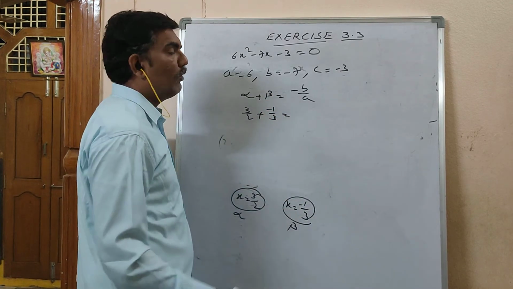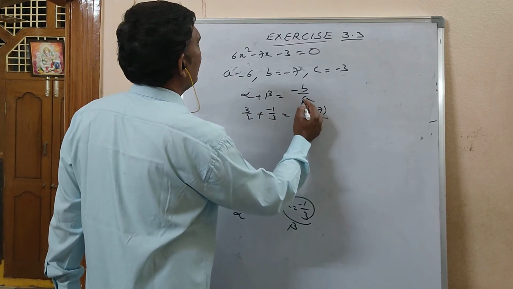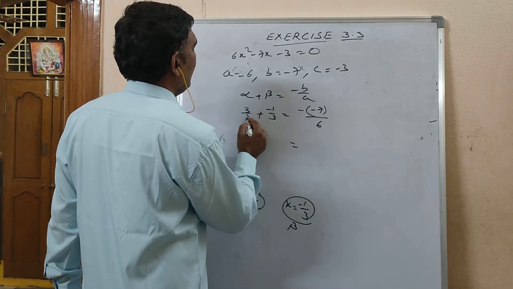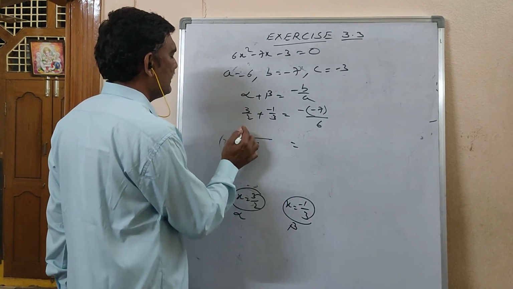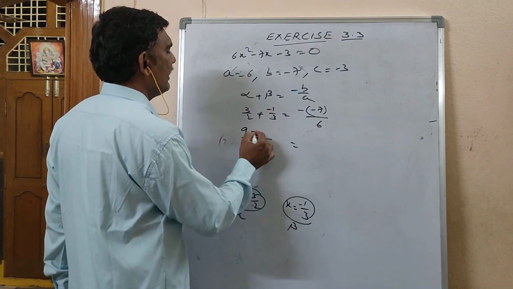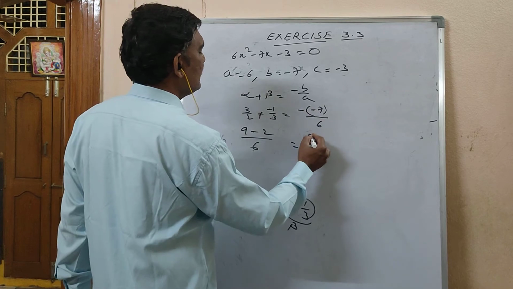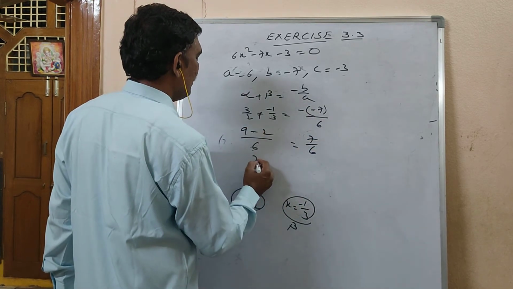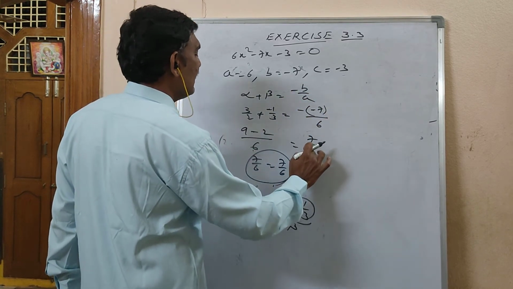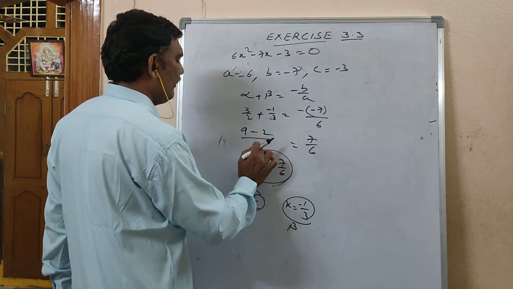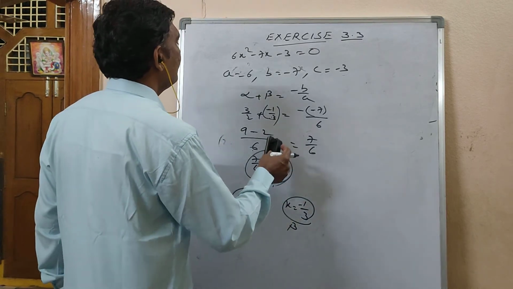What is here minus b by a? Minus b means again minus 7. A means here 6. For 2 and 3, the LCM is how much? 6. 2 how many times will go? 3 times. 3 threes are 9. Plus into minus is minus. 3 how many times will go? 2 times. 2 into 1, 2. Here minus of minus means 7 by 6. 9 minus 2 is how much? 7 by 6 is equal to 7 by 6. Means minus b by a is also 7 by 6. Alpha plus beta if you do also 7 by 6 you got it. Hence verified.